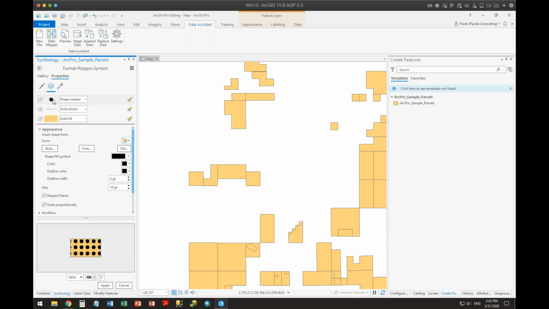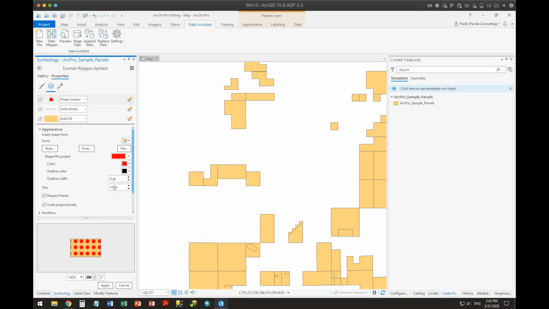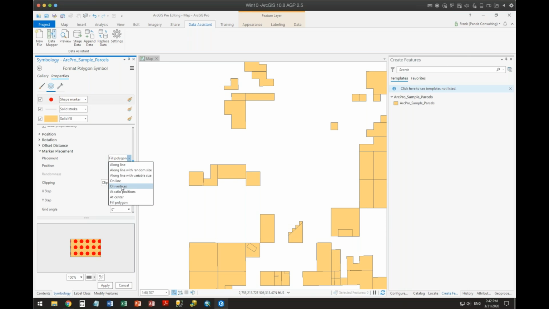I'm going to make these markers red, and let's put 5 points. But if I scroll down further, I can see that I have marker placement, and I can tell it not to fill this polygon with that, but rather to put it at the vertices.